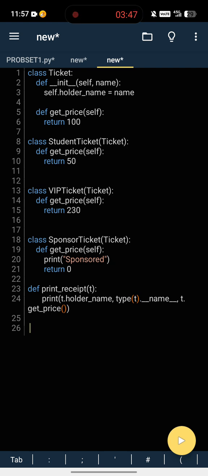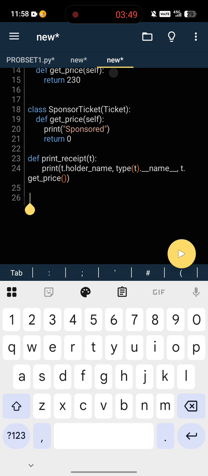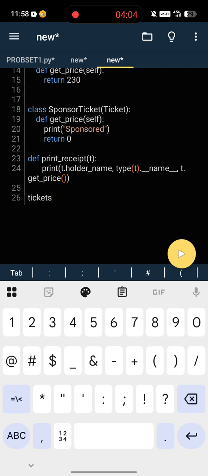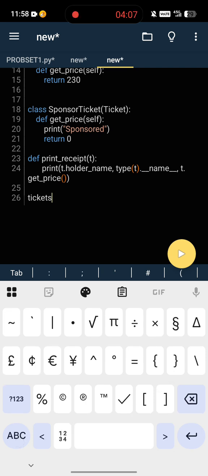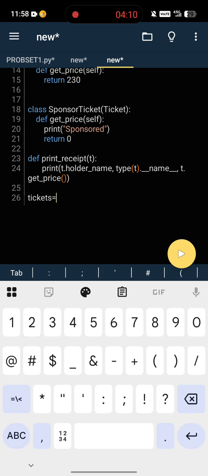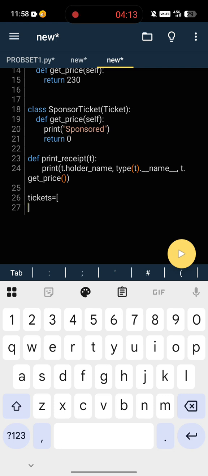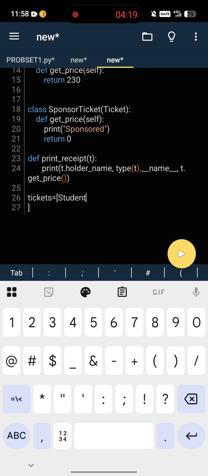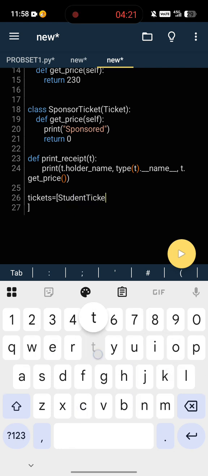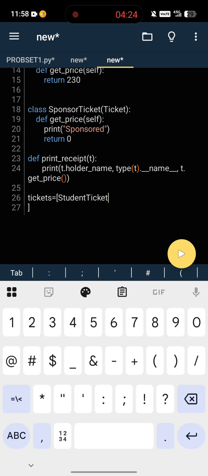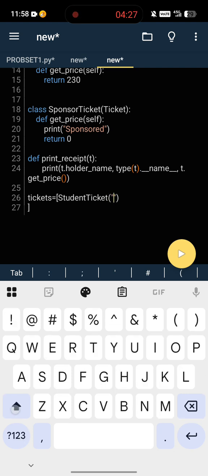This time we're going to test if our code is correct. We're going to name the student ticket holder Carla.